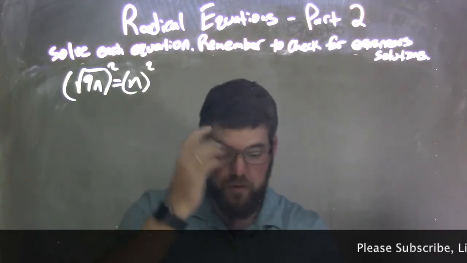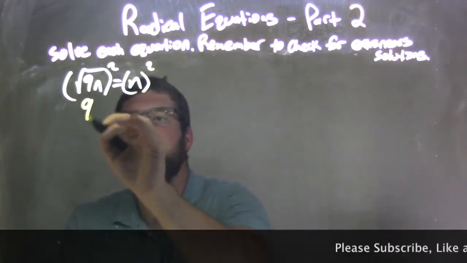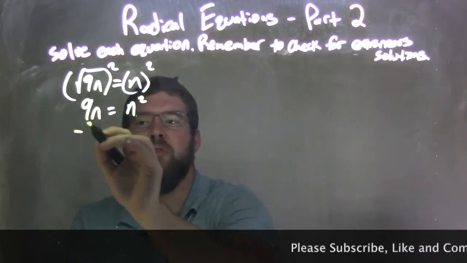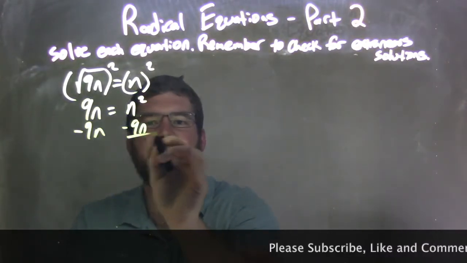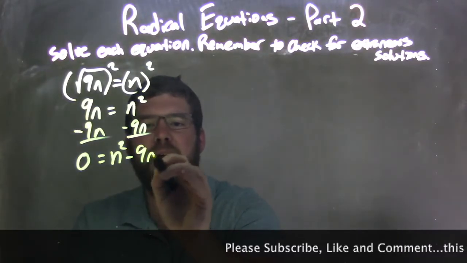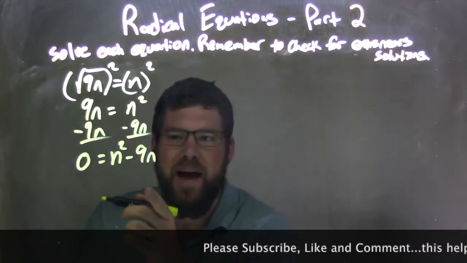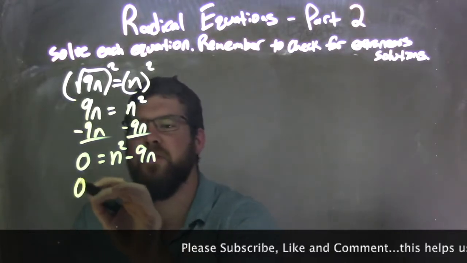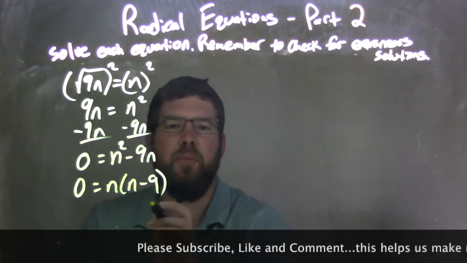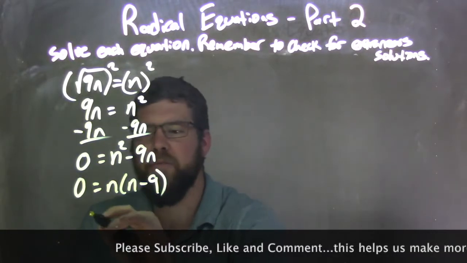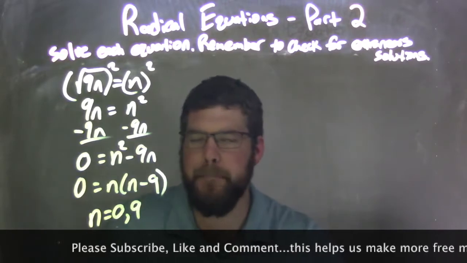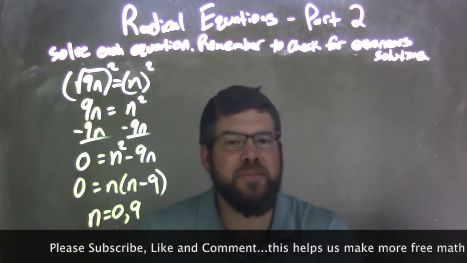Okay, I square both sides here, and I'm left with 9n equals n squared. Let's bring the 9n over and subtract 9n from both sides. So that's 0 equals n squared minus 9n. Now I need to factor that. Just pull out an n here. So 0 equals n times (n minus 9). Set both parts equal to 0, and we're left with n equals 0 and a positive 9. Okay? So those are my two solutions, but I have to check